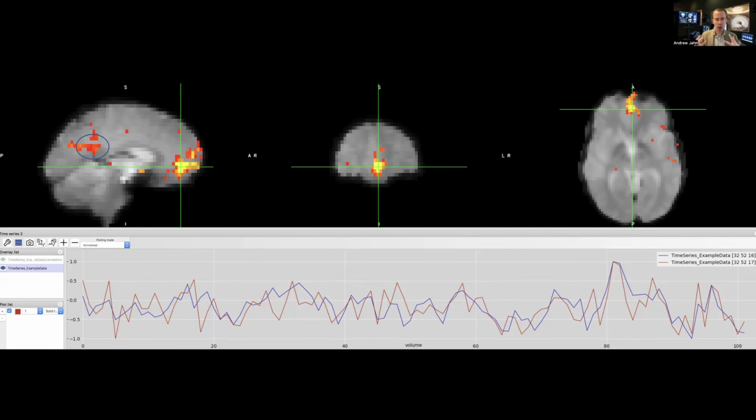So usually when we talk about functional connectivity, we're just taking the correlation in time series between one region and another and calculating some kind of Pearson's correlation coefficient between time series. And this, not surprisingly, is a very robust network. This is the so-called default mode network, a pattern that's very robust and you see across many different kinds of